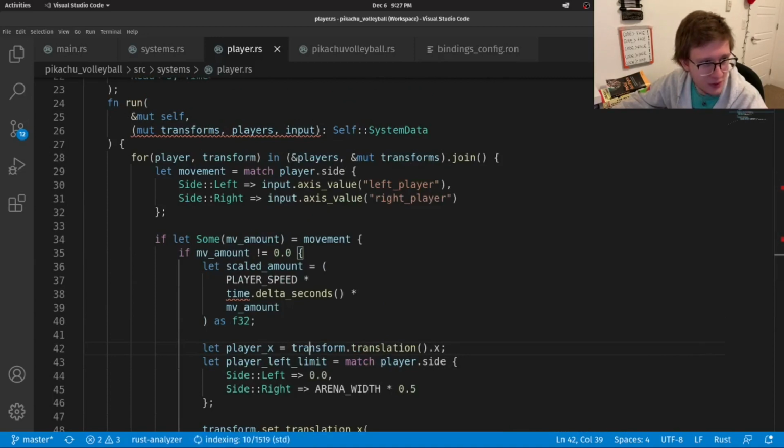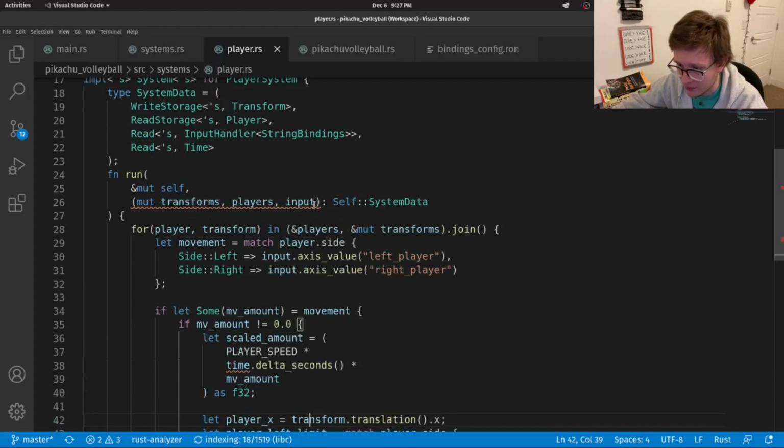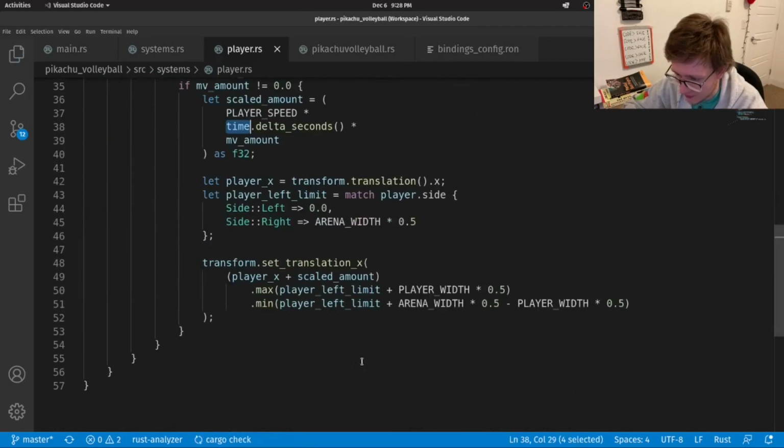But one thing that we still have to do is bring in time from the system data, the destructuring right here. So we'll say time, and then we have access to time here. So that gets rid of the error that we had. Okay, so again, getting back into it. Player speed allows us to have direct control on how fast our character is, right? Because we can't control movement amount or time, so this gives us the possibility to really just fine-tune it. And if you're following along, feel free to make it whatever value you like.